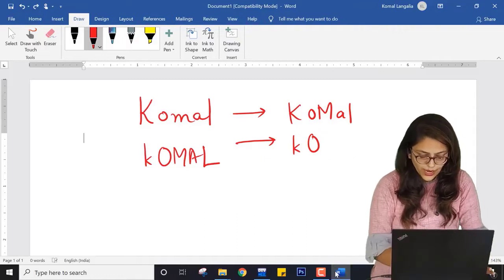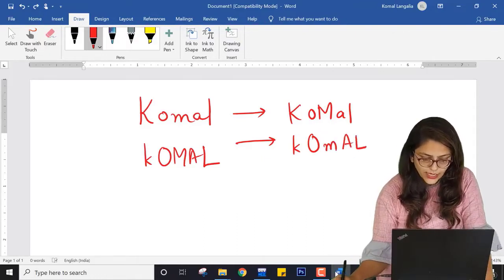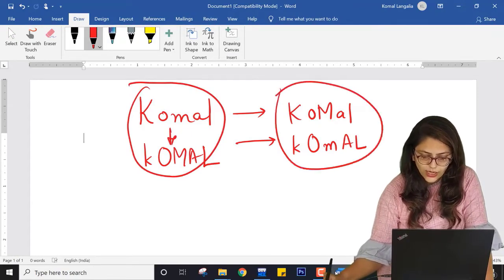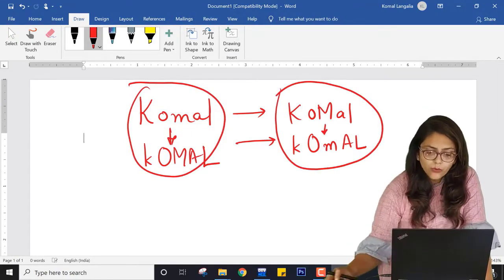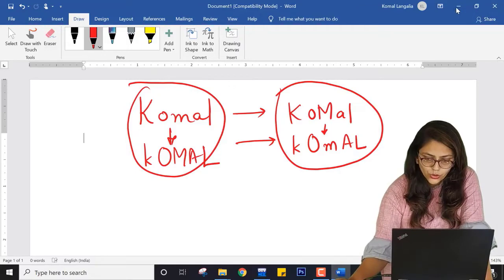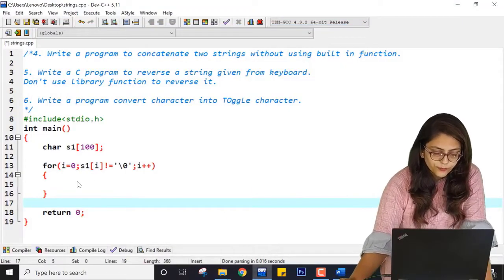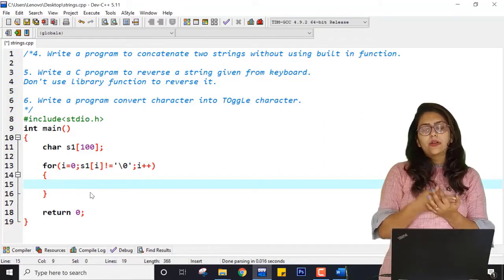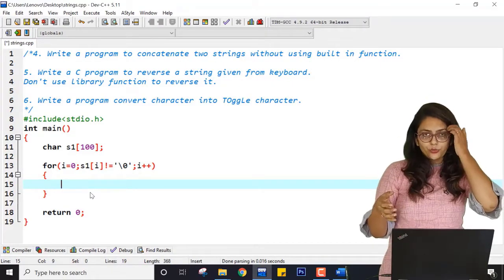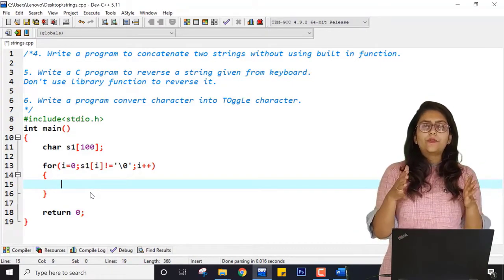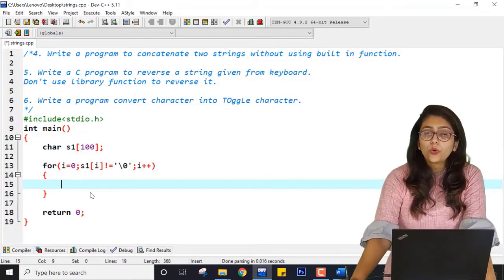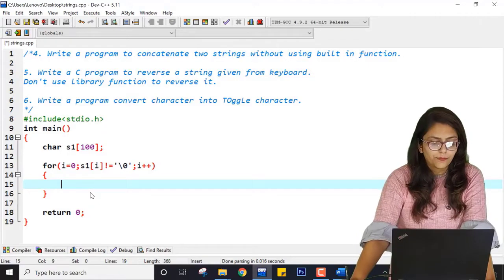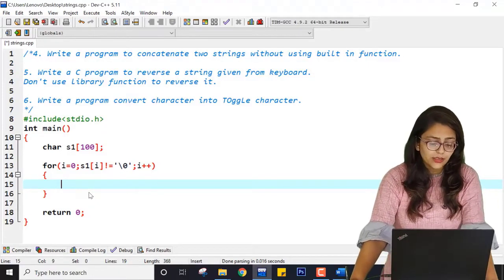That means if it is this, it looks like this, and if it is this, it looks like this. How can I toggle a character? To toggle a character, I have shown you that the difference between an uppercase letter and a lowercase letter is 32. I have shown you how to find the ASCII value, right?